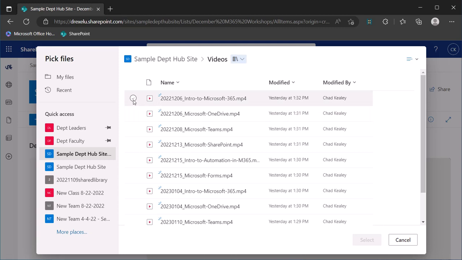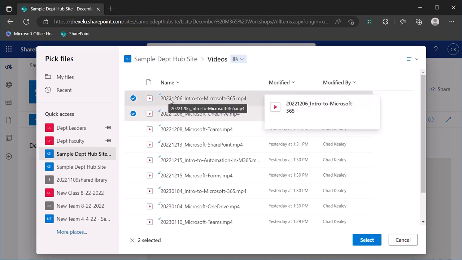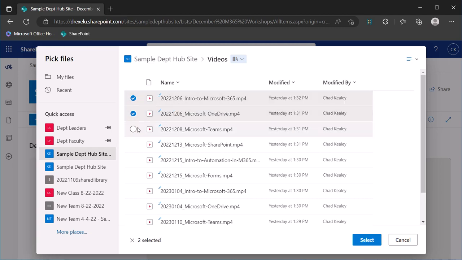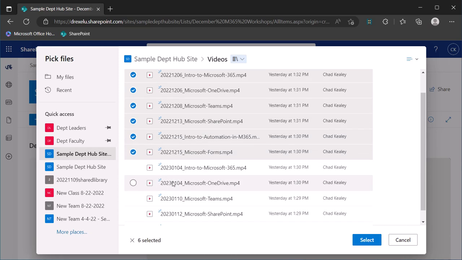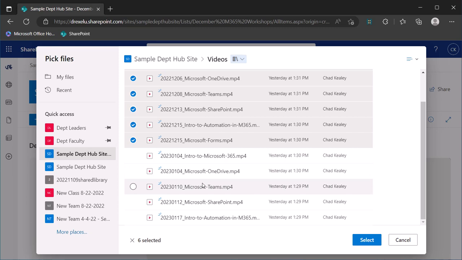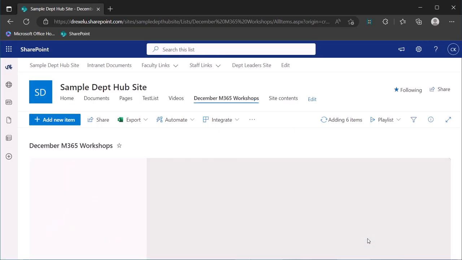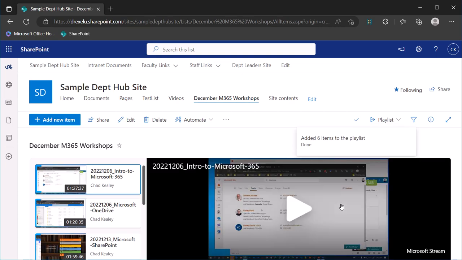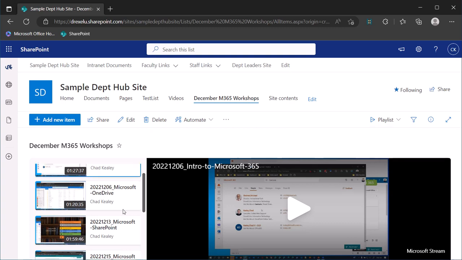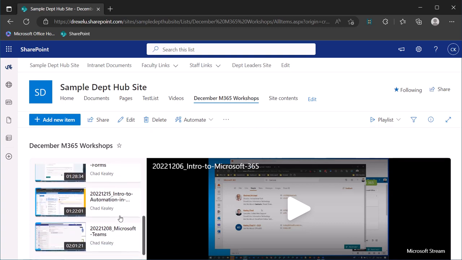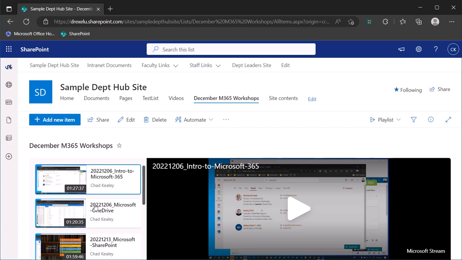Here I'll select the December workshops, the ones that are 2022 12 something. So we'll select all of those. I've got some from January, but I'll put those in a separate playlist. So I've got 6 selected. I hit select, and that's it. Now, it does appear to add them to the playlist in the order they were selected,